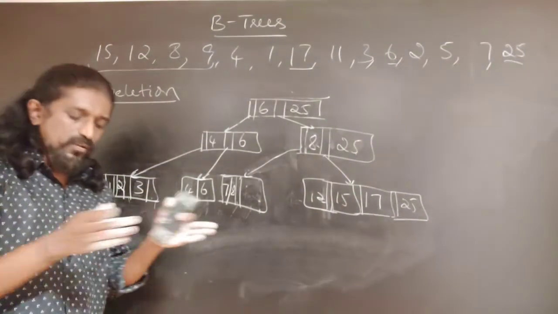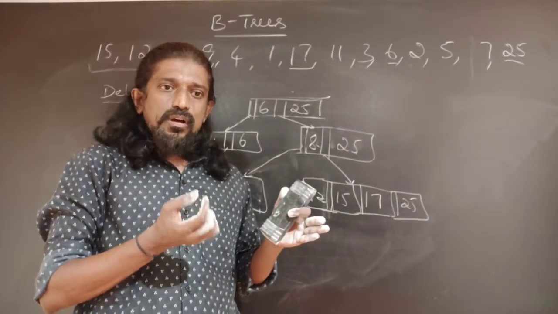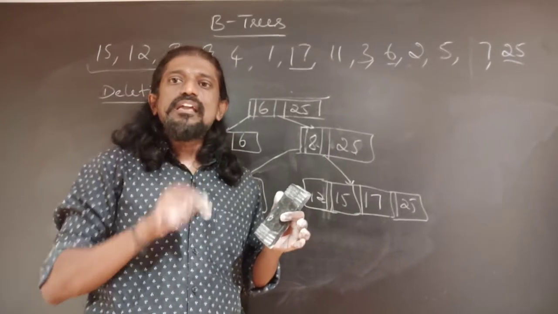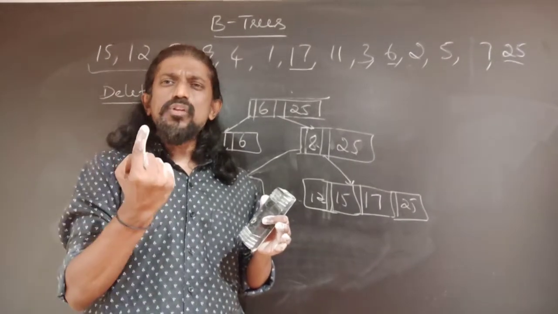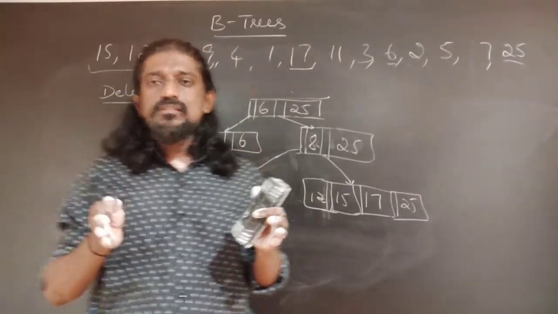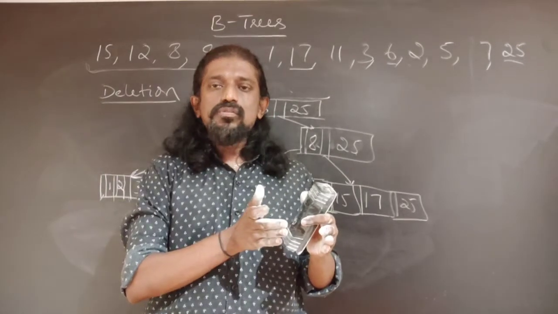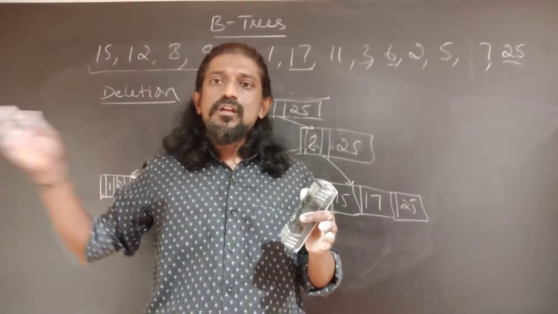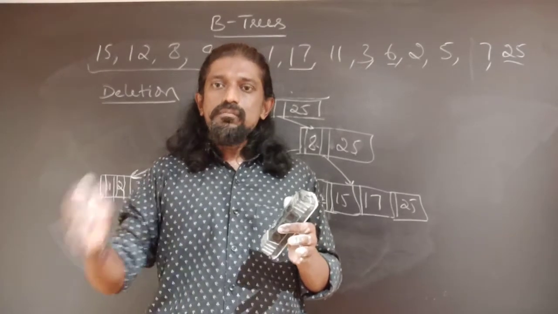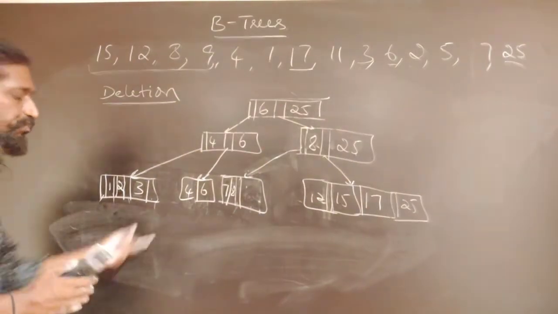Say, for example, the node's order is 100, and when a key is deleted and it underflows, it will have 49 keys. For its survival it needs only 1 key. Suppose the neighbor has 100 keys, it can give up to 50 keys. Out of those 50 keys, you can divide 25: 25 keys can be borrowed to this node and 25 keys can be left there, thereby reducing the chances of this underflow in the near future. So these are the options that we have.